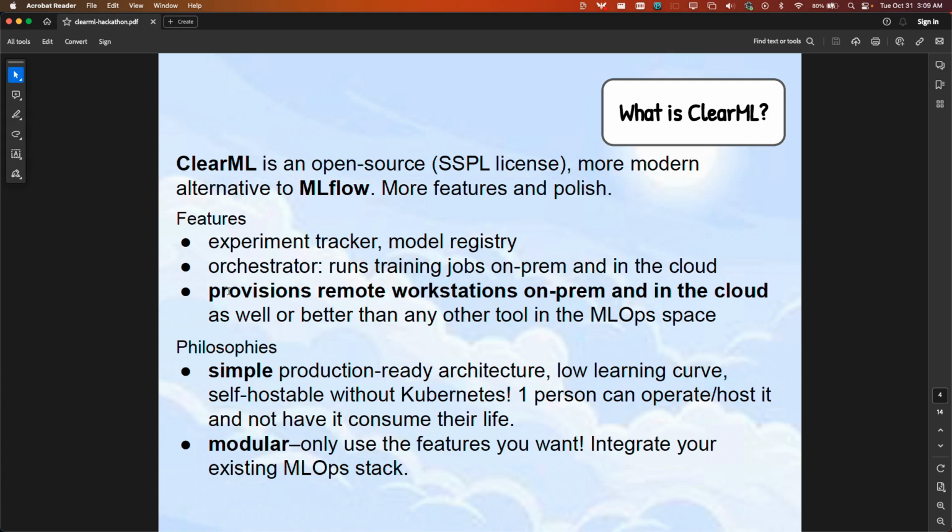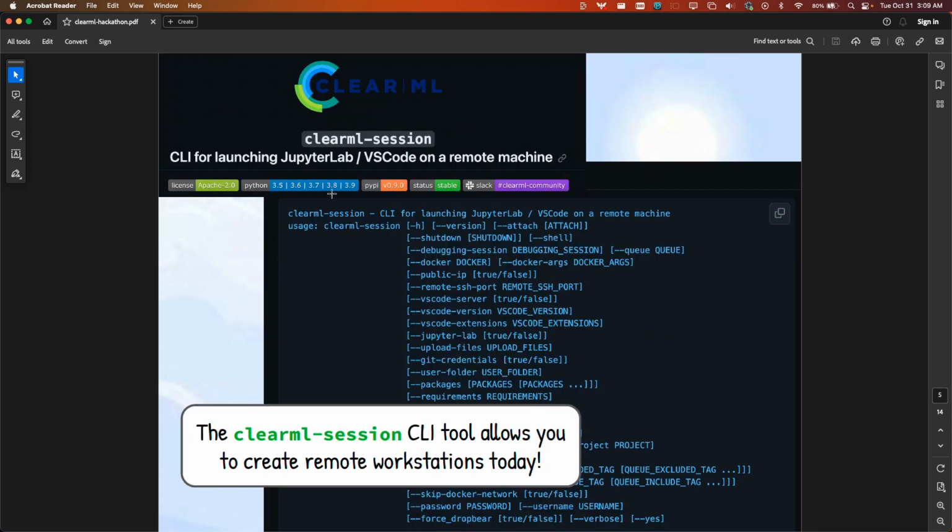And so if all you want ClearML for is to provision remote workstations, that would be a great use case. But in my opinion, ClearML is a much nicer experiment tracker and model registry than MLflow is, or at least than the open source version of MLflow. Okay, ClearML has a CLI tool associated with it called ClearML Session, and you can use ClearML Session to start